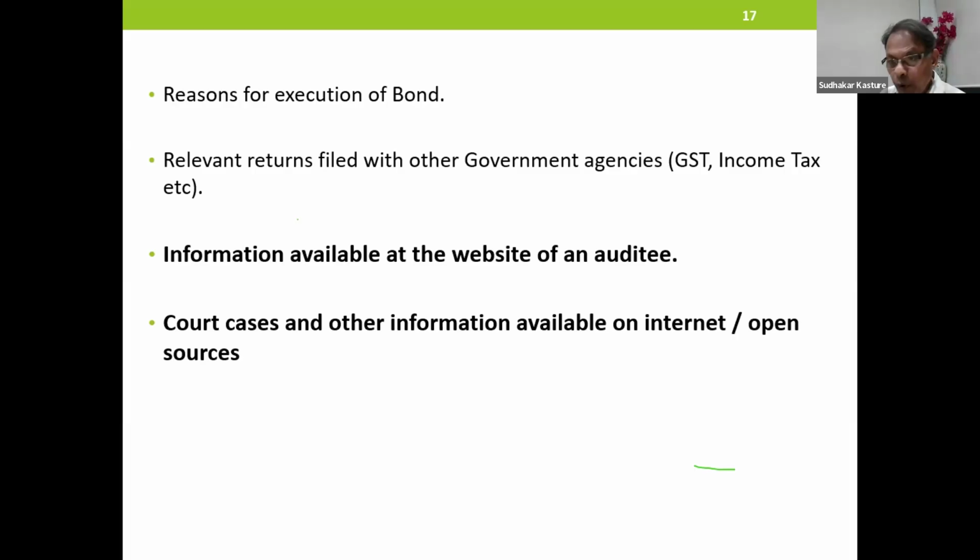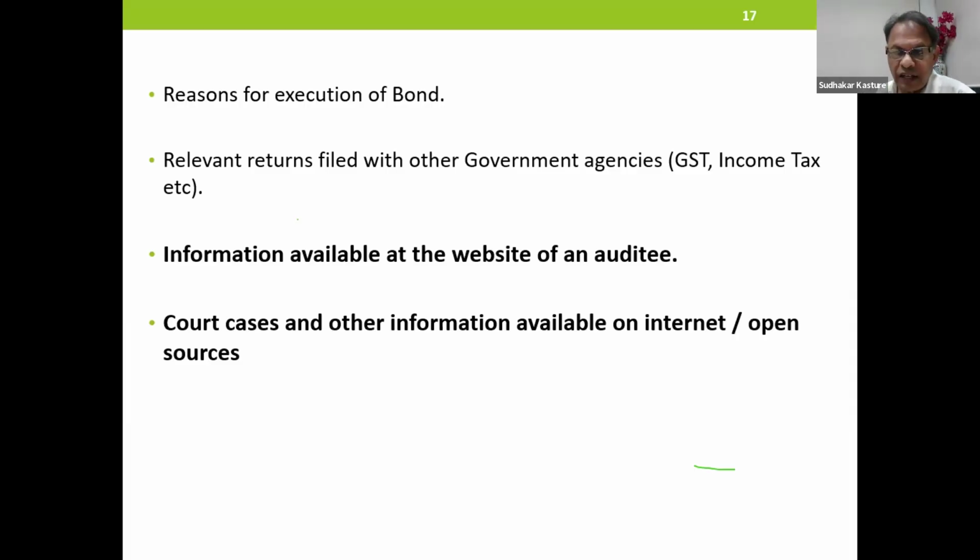Reasons for execution of bond, why you have executed a bond. Relevant returns filed with other government agencies, GST, income tax, etc. Information available at the website of an auditee, that is also seen. Court cases and other information available on the internet, open sources.